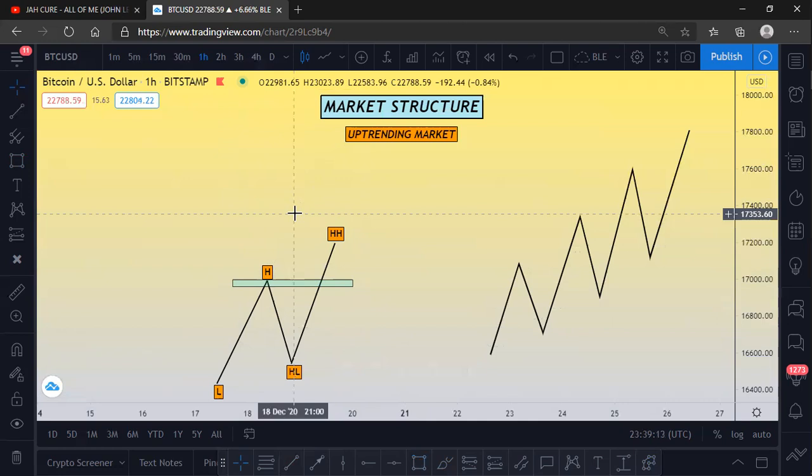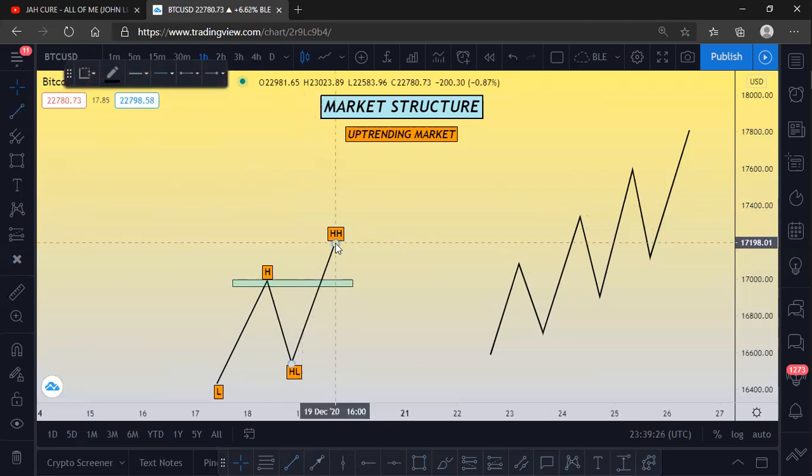If the market is still in an uptrend, price cannot keep going up forever. Understand? There are reasons why the market has to pull back. So now the market will retrace again and come down. But if it's still a valid uptrend, it should not go below this higher low. So now we are not looking at this again. We are now playing off this higher low. The market should not go below this higher low. It can come all the way here, but should not go below it. If it goes below it, we consider this a break of structure, okay?